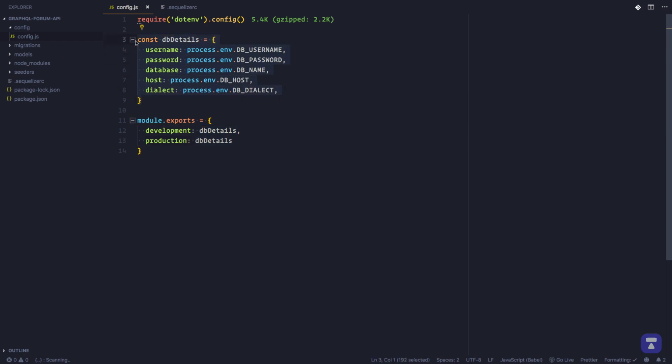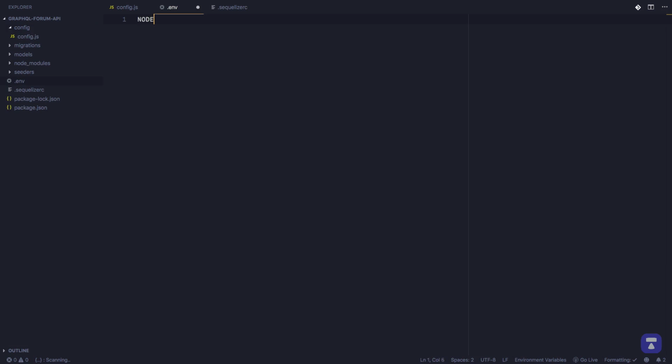Before we wrap up this lesson, since we are using the dotenv package to read our database details from environment variables, we need to create a .env file that will hold our environment variables. We'll create it in the root of our project, .env. First, we'll define the node environment, which will be development,